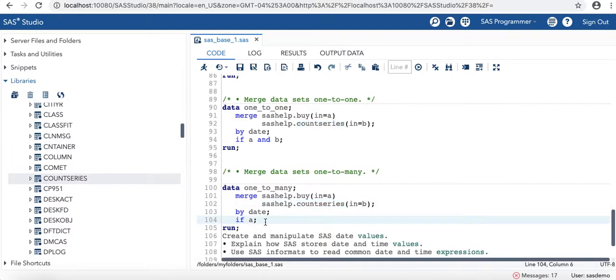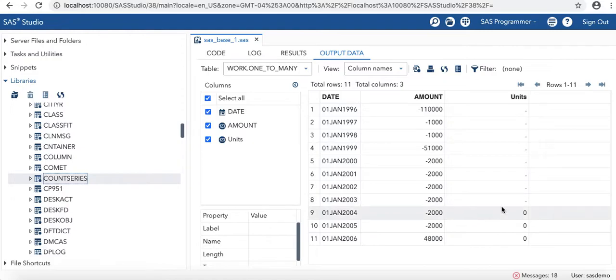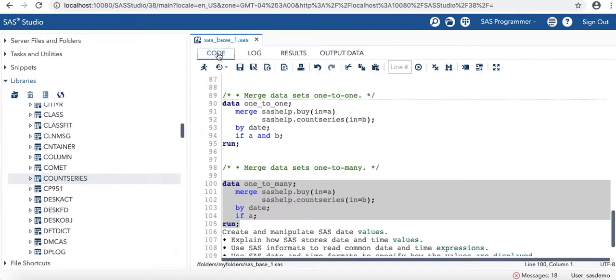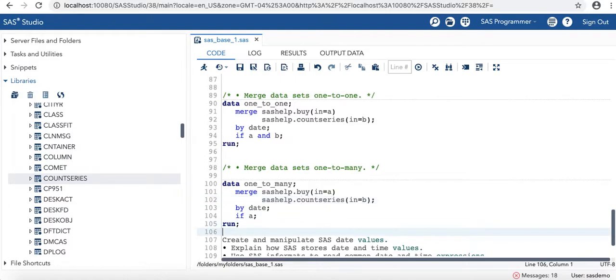So here I'm just restricting it on the first table, SAS help.by. And so here, like I mentioned, we've got several missing values. And so that's an example of a one-to-many merge. Again, some key things here, using the in option and restricting it based on whether you want a one-to-one or a one-to-many merge. In SAS, you typically have to sort